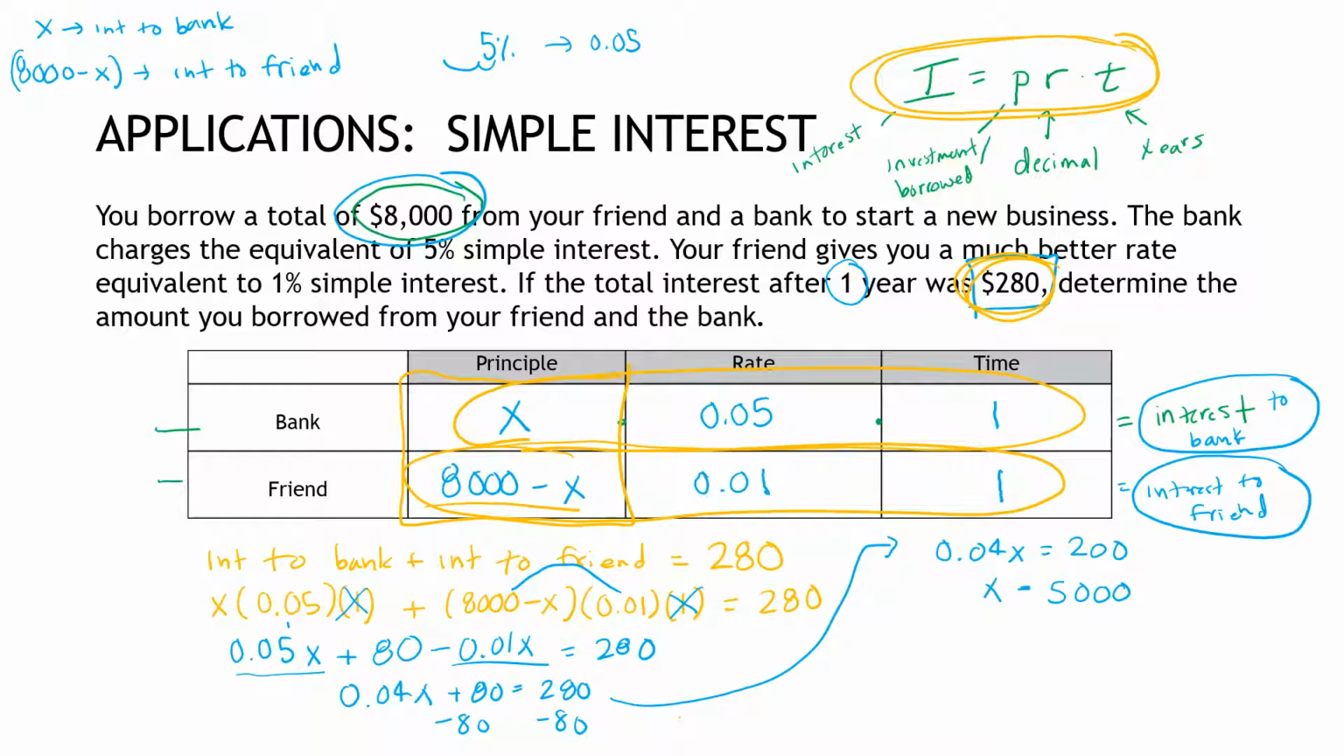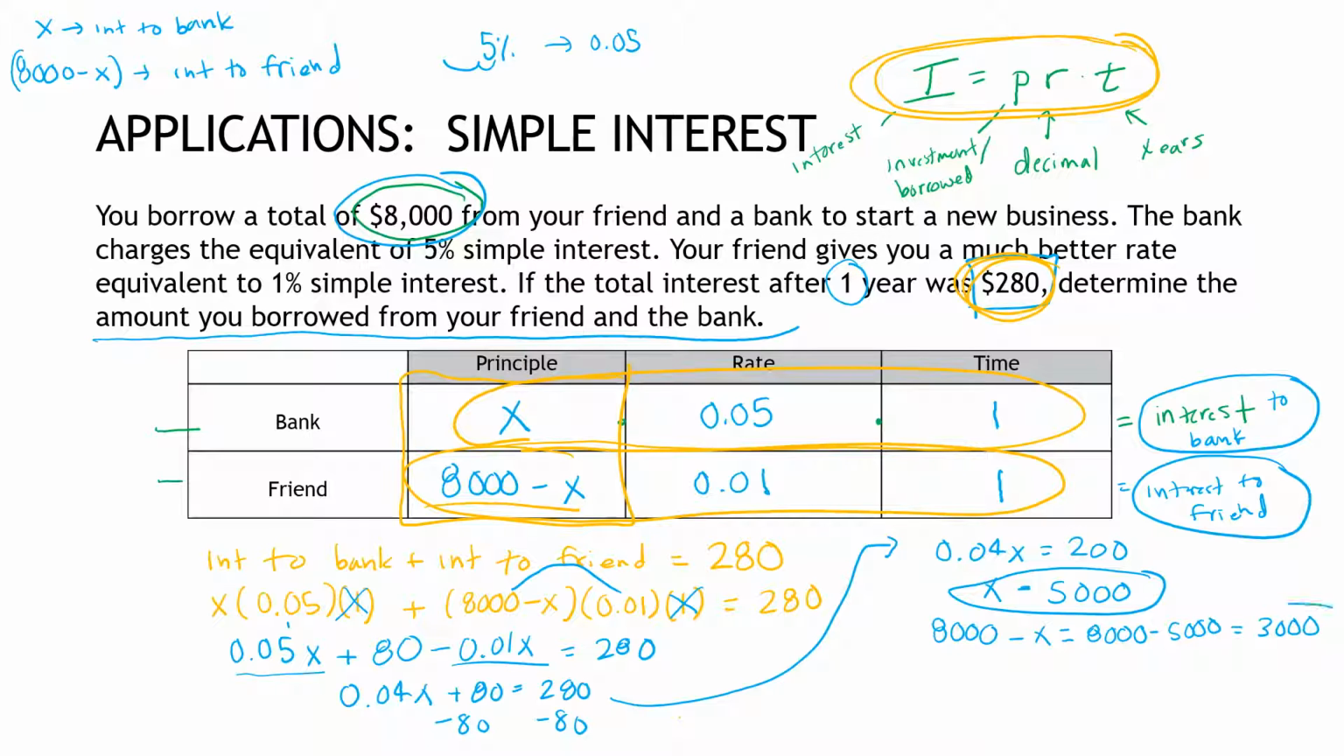Now, a lot of people are like, okay, good, I got an answer for x, I'm done, x is 5,000. But remember, I'm looking for the amount that I borrowed from each thing, the friend and the bank. So I've just found x, which is the bank, and I would need to find the other one. So now I'm going to show my work on 8,000 minus x, which is 8,000 minus 5,000, which is 3,000,